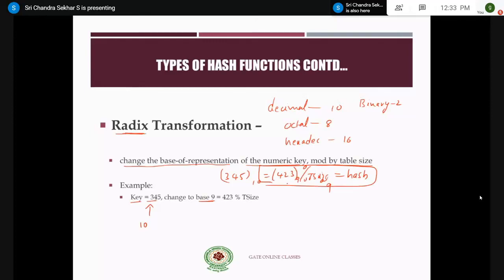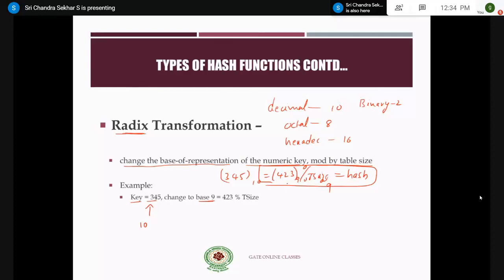And the third one which we have discussed is the hash function mid square. So you have to square the given integer and then take the middle value, which can be treated as the index value. If it is a string, you take the ASCII values, add those ASCII values, and you will get one number as a result. You square it and then you take the middle, which is the index of the given number.